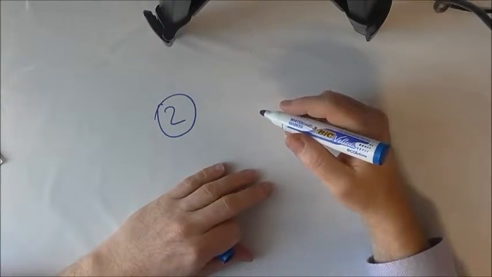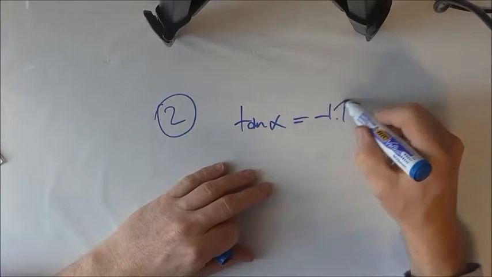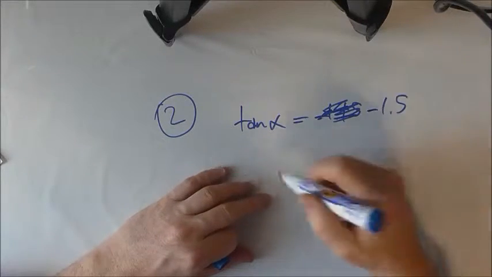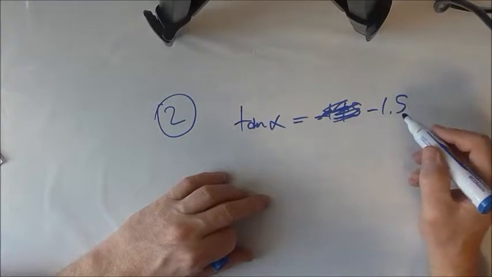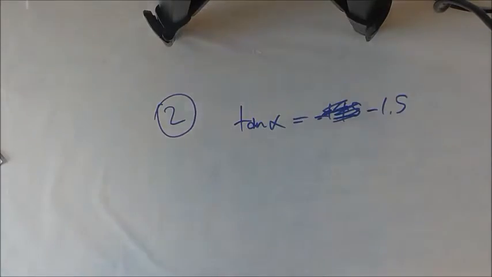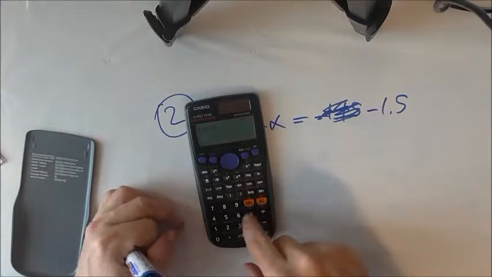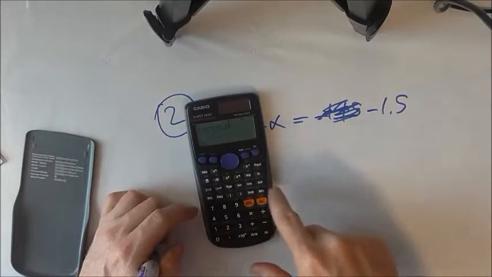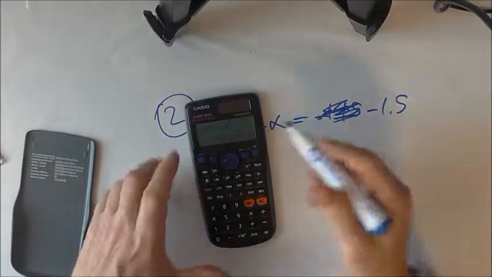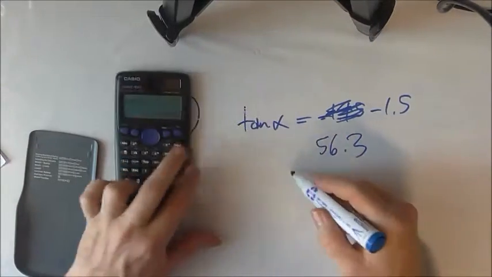Question number 2, just a straightforward trig equation in the first instance. Tan alpha equals negative 1.5. Sometimes, if that had been a negative 1, you just do that by general knowledge, like you're supposed to know that tan of 45 equals 1. But for this, you just fish it out of the calculator using the shift button. So, shift tan negative 1.5. You don't even have to type in the negative 1.5 if you don't want, because what you get now is 56.3. Notice I haven't even bothered to copy out the dash there, because it doesn't make any difference,